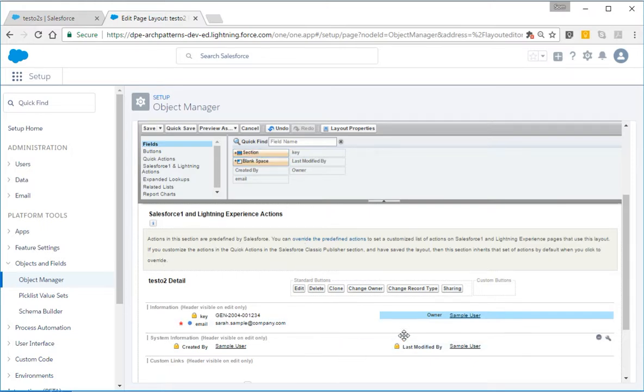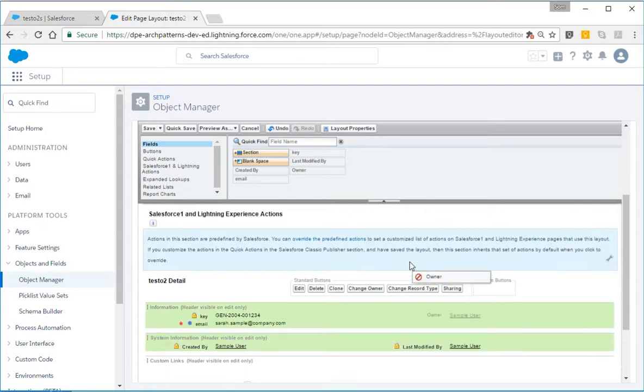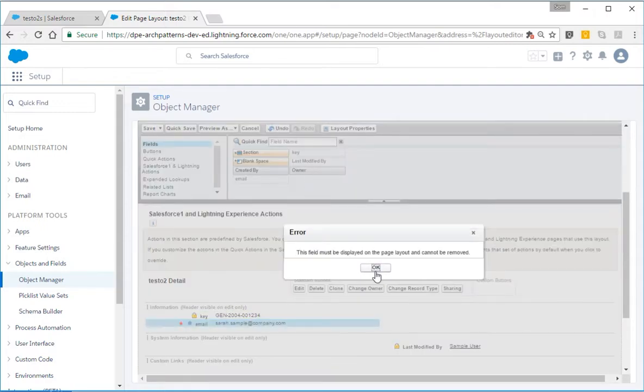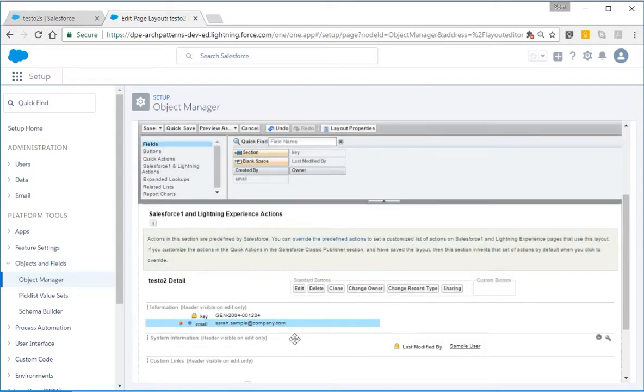And the next section has the created, but I don't want to see the created by. I think I could drop this back here so they become darker. And maybe email, I cannot put it up here. It says the field must be displayed and cannot be removed. I believe because we made this a required field, so it becomes meaningless to have a screen where a required field cannot be viewed. So if I save this,